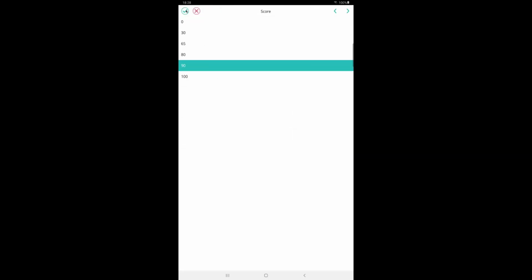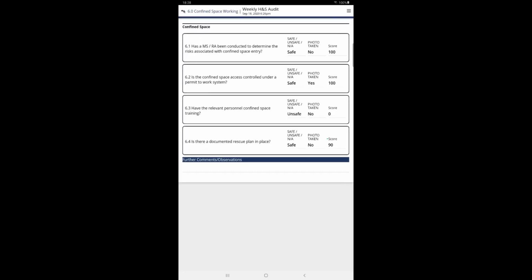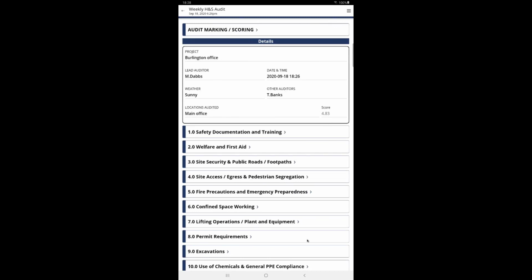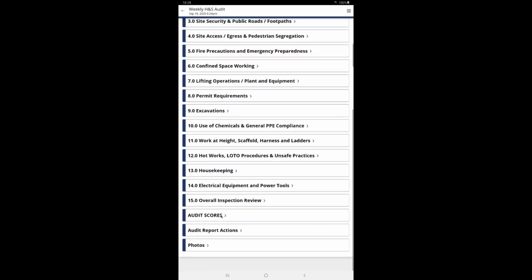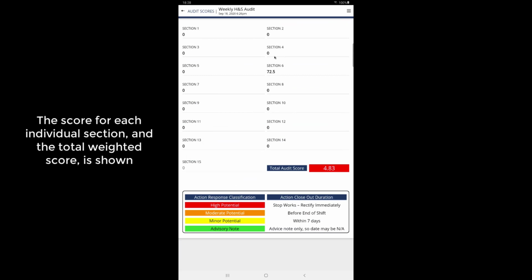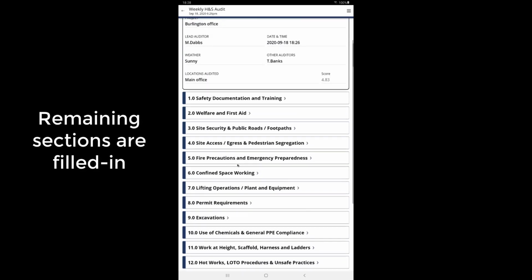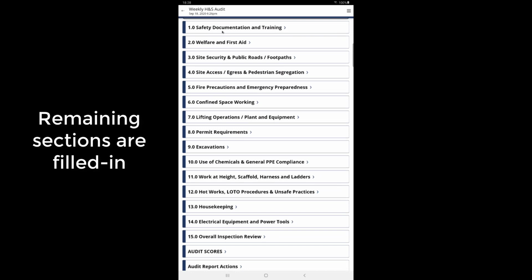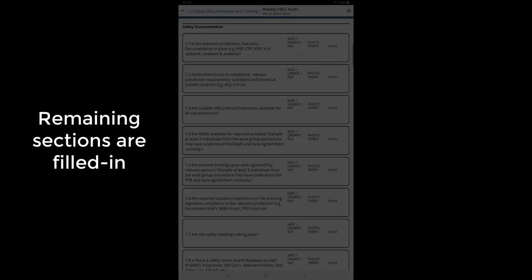So this is the final one. And this now produces a calculation for the score. We've only filled in one section, but if we go to the audit score section, we see that section 6 that we just filled in has one score, and then the total audit score calculated, obviously, by just using that one section. So we fill in the remaining sections in the same way, and skipping ahead,